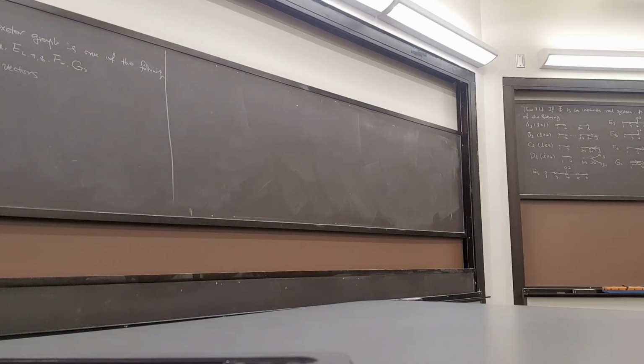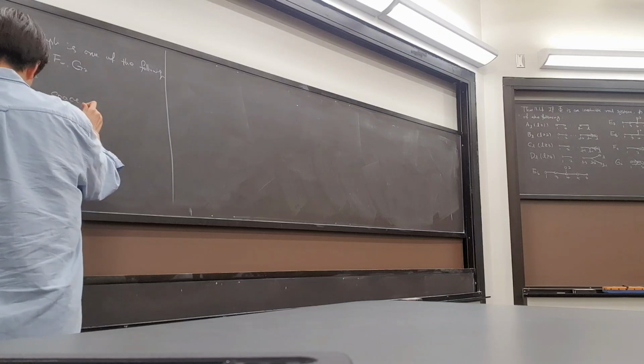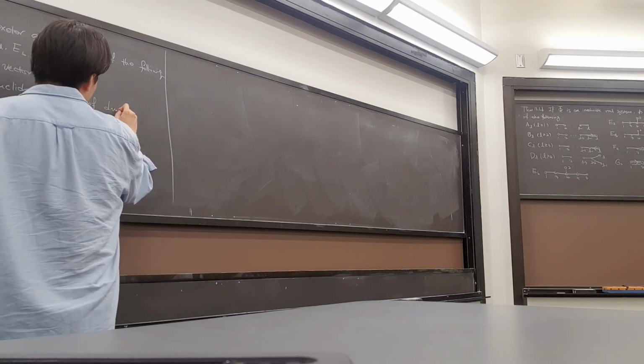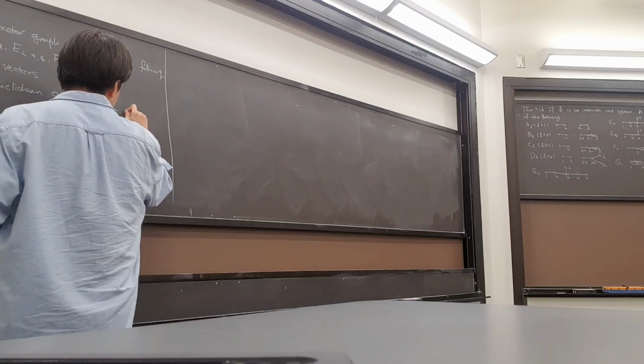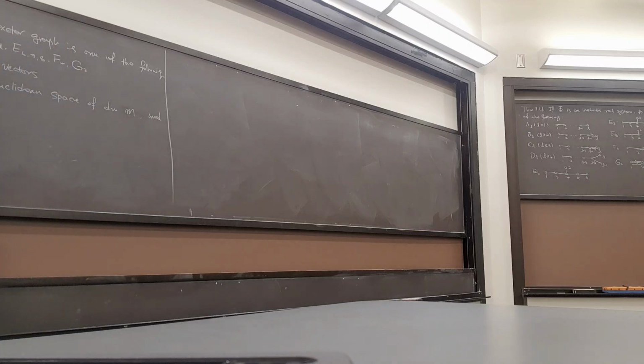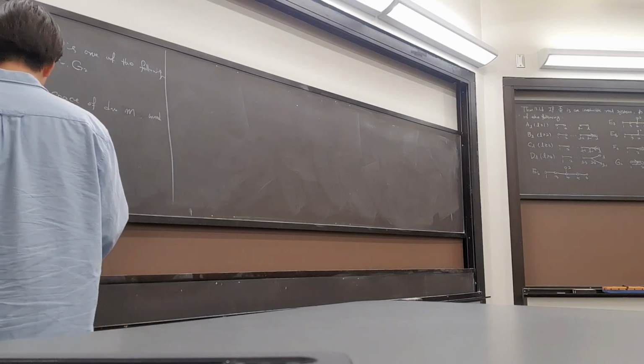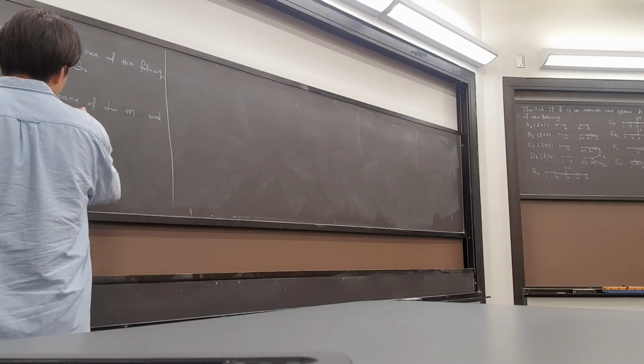So we need a definition. Let E be a Euclidean space of dimension n, and let A be a subset of E, epsilon 1 to epsilon n. This subset is called admissible